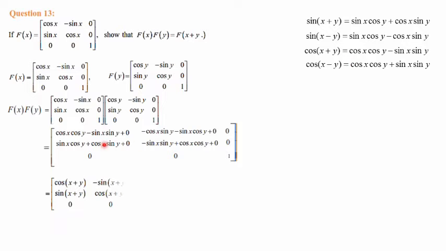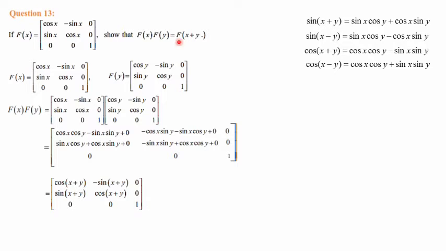Then let's rewrite all this. So this one will be coming as I explained before, cos of x plus y. When you take a minus common outside, we will be getting cos x sin y plus sin x cos y. That will be sin of x plus y, and there is a minus sign outside. Then this one, as it is directly, we can use the formula sin of x plus y. Here also the same thing, cos x cos y minus sin x sin y is cos of x plus y. The remaining terms are all the same as the previous one. So this is f of x into f of y.